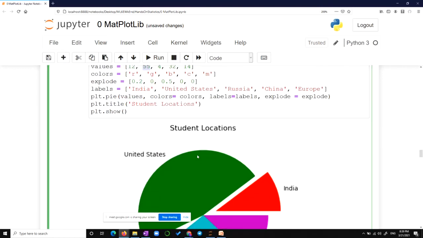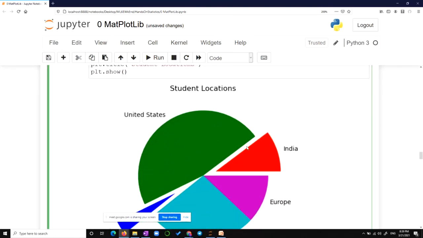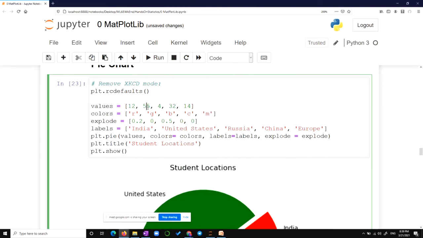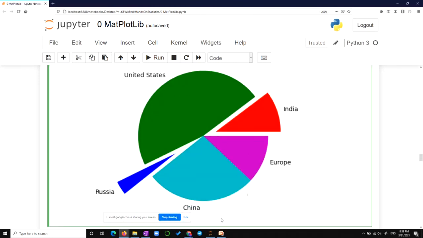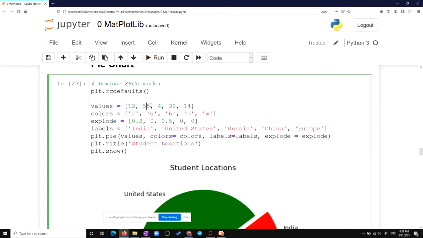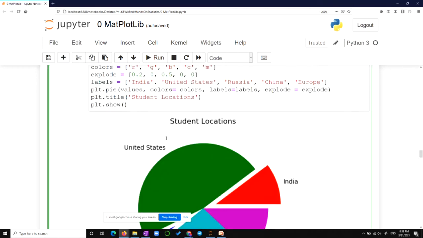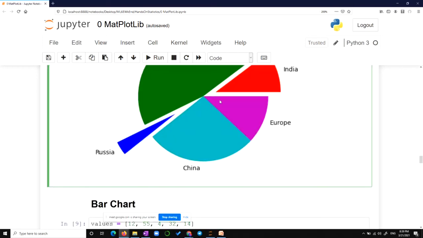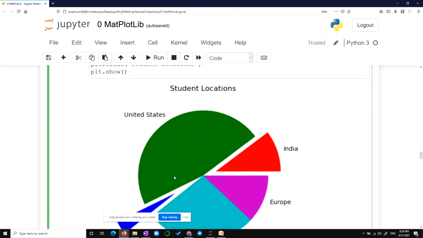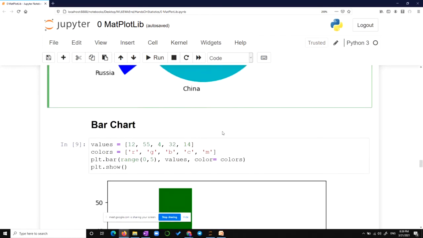How much percent occupation will 55 have if I represent this entire data as a 360-degree chart? It will calculate it. You don't have to worry about it. Of course, 4 is very less, so it gave 4 a very small pie. And United States has a bigger chunk of the pie. So it will know how to calculate it and report it for you.